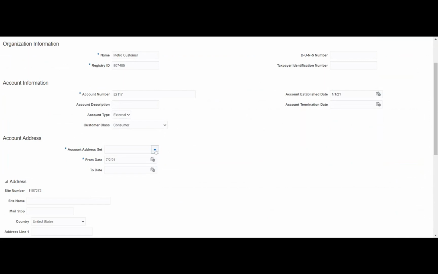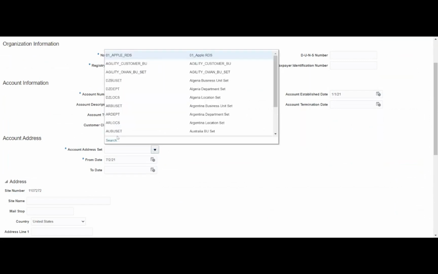And here, if you see, we have something called account address set. So account address set is nothing but our reference data set. So here, if you see, we will not be able to see the